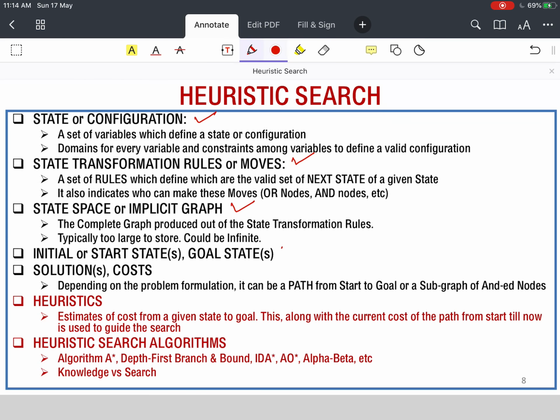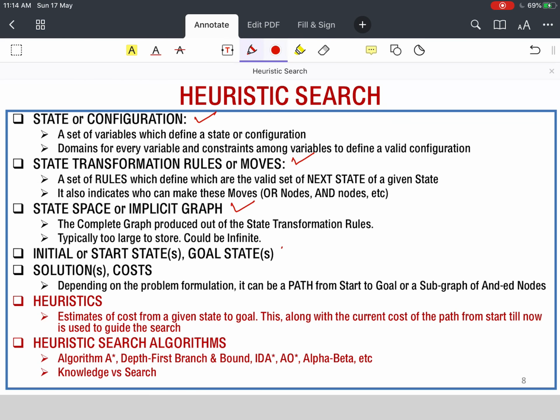Previously we said we have a g(n) value, which is the cost of the path from start to this node n. Now we will have a new estimate called the heuristic estimate.